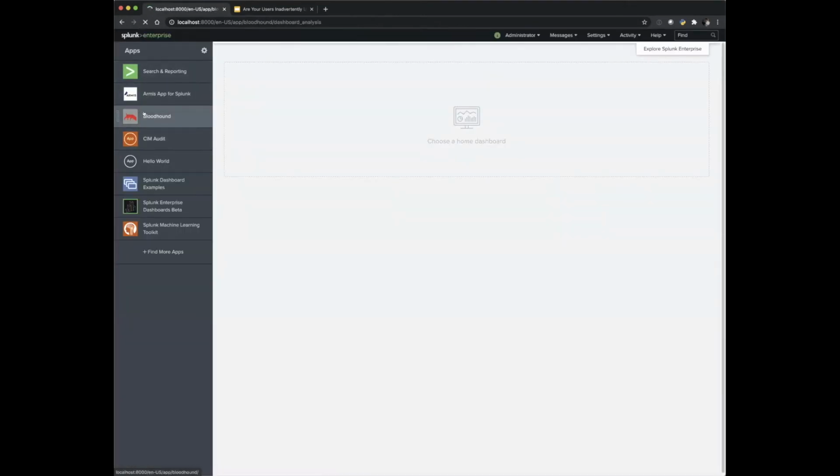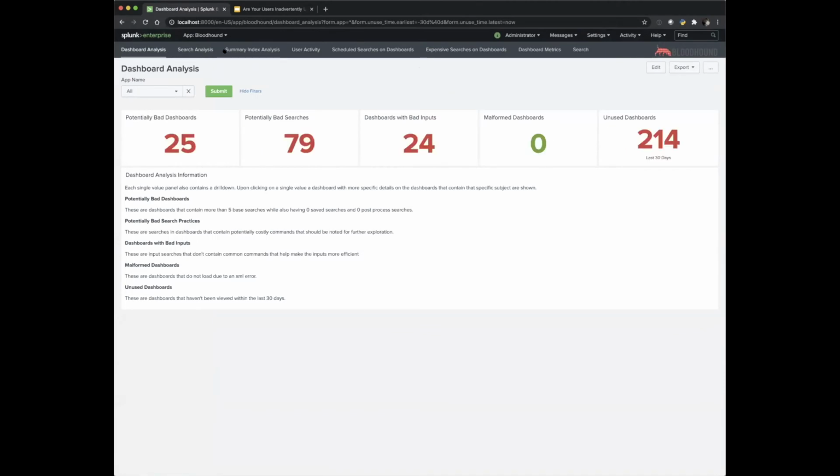Okay, so we'll go to the Bloodhound app, and you'll see across the top, these are the areas that we talked about before. And what you'll see here is in our dashboard analysis, we're telling you these are potential problem areas within this Splunk deployment. So the way it works in the back end is there are some saved searches that run against the REST API to pull information about Splunk, about the objects within Splunk, pull some information about job runs, and merge those together into a KV store that the dashboards in Bloodhound use for